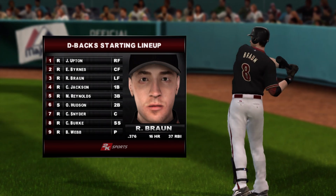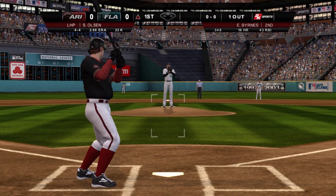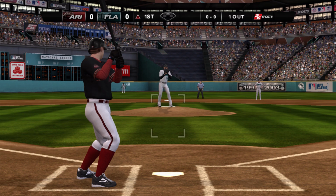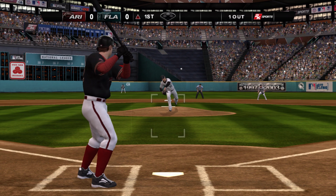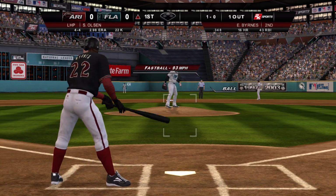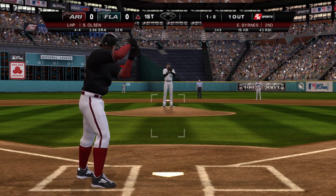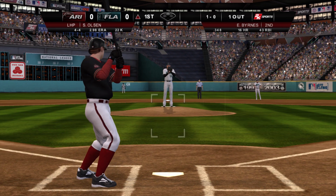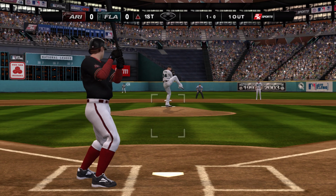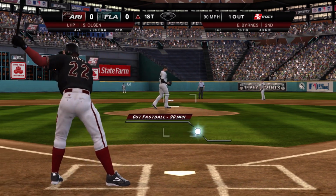Here's a look now at the batting order for the Arizona Diamondbacks. Ryan Braun is the big hitter, hitting 3rd in their lineup. Base is empty, 1 out. First pitch, here it comes. Off the plate with a fastball, 1-0. A lot of times you'll chase the high fastball because you see it better, but that one was away also, so he was able to lay off. Here's the 1-0 delivery. The 1-0 pitch is that cutter in there,